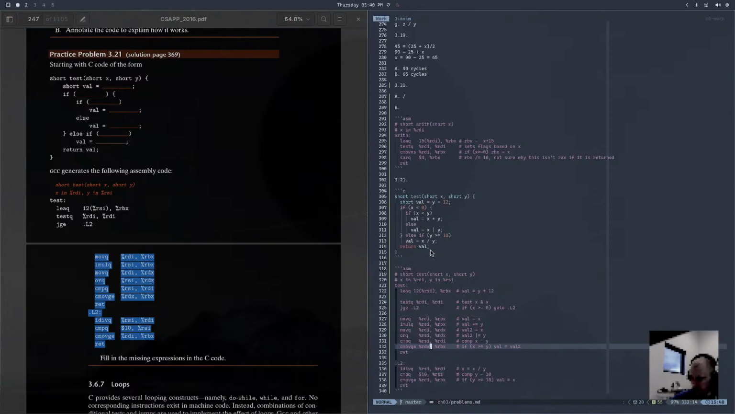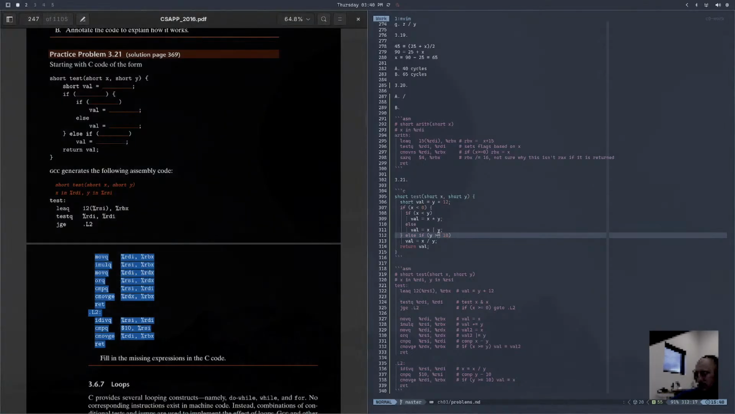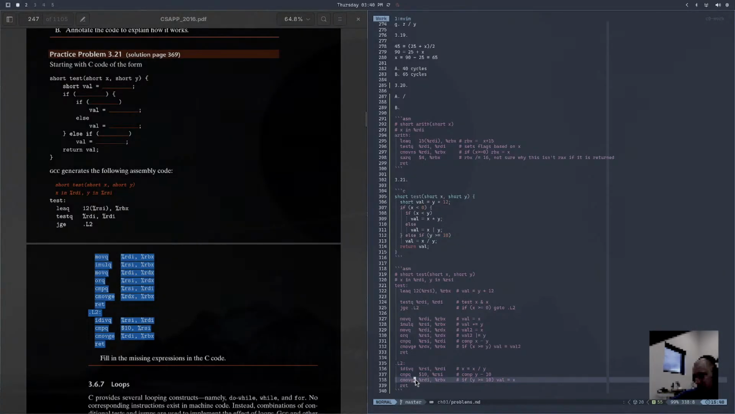X divided by y val. Yeah, I mean, this one character is the only difference between what the book says it is, and I think I'm right, because there's an E here. If that E wasn't there,